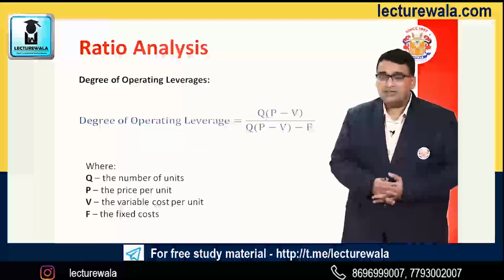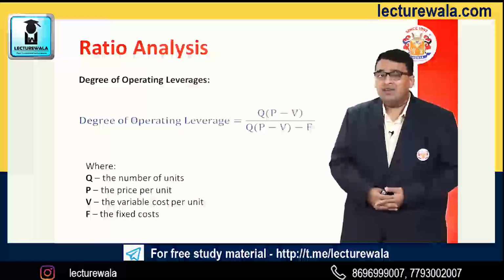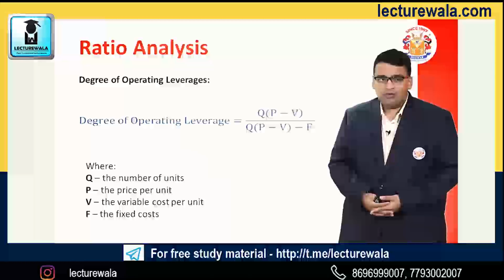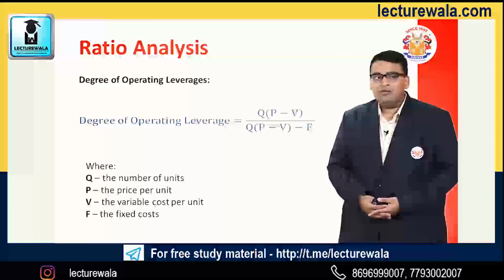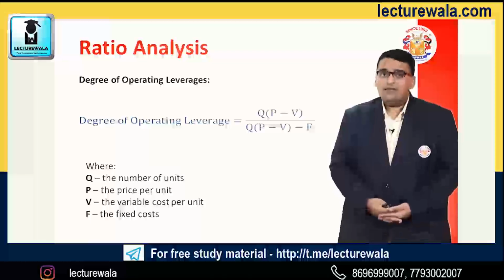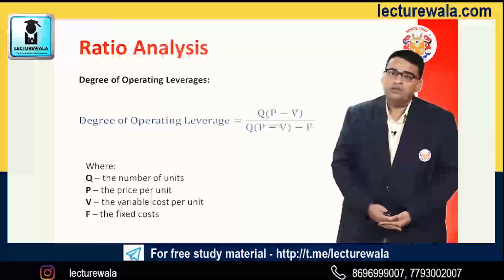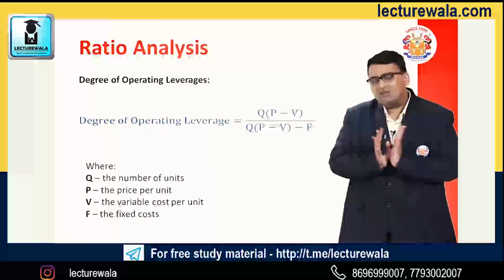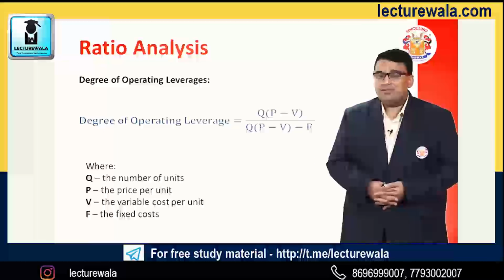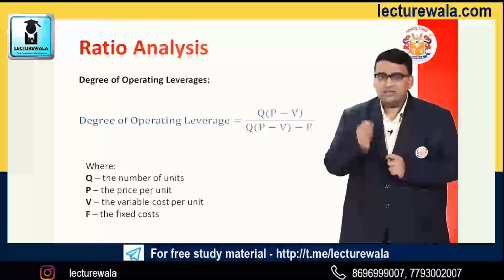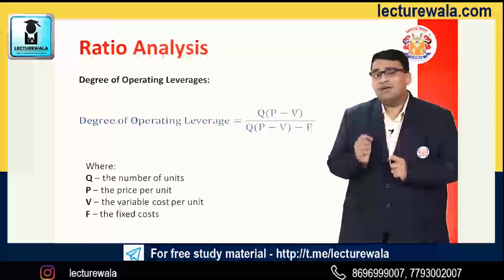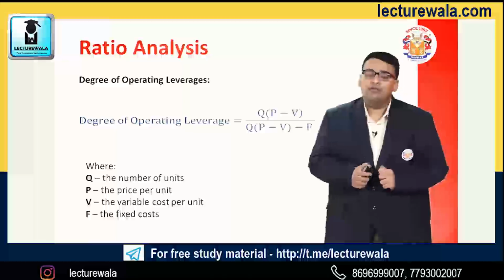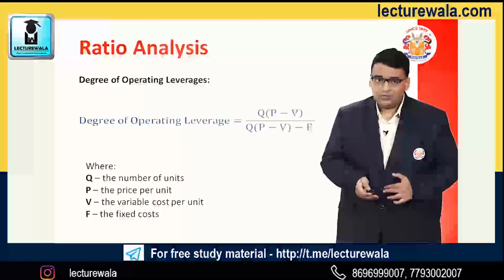What does it want to say? Q is the number of units. If we are trying to derive the per unit data, in this case this formula will be used. Q equals quantity or the number of units, P is price per unit, V equals variable cost per unit, and F equals fixed cost. That means if we are using the concept of marginal costing over here, we can also derive the degree of operating leverage using that concept. Because in any of the formulas which we saw right now, one thing is common: a change in sales will give you a change in operating income, and a change in operating income also provides you the change in contribution margin, and this is how the degree of operating leverage has been defined.